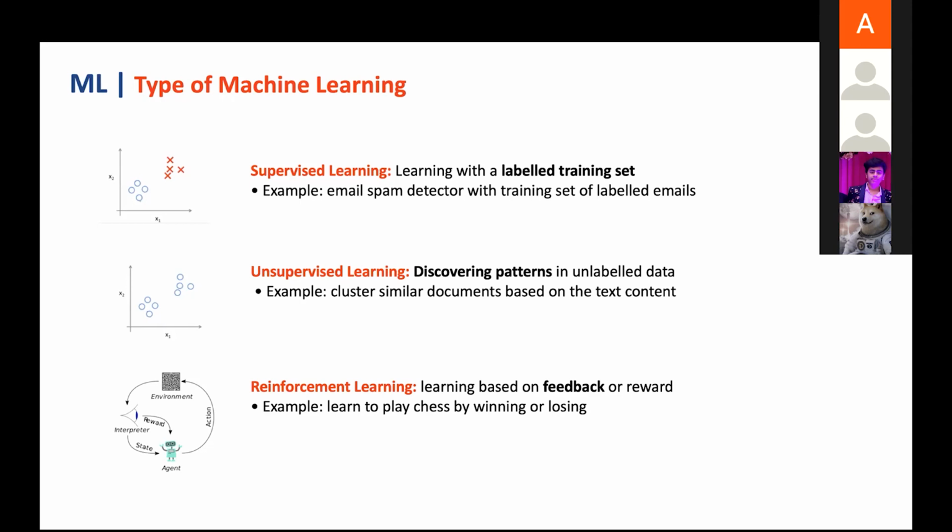From these mistakes, you put in feedback, and next time when someone comes, you'll see a better result. So you will not make the same mistake again and again. Like when you are playing chess, how do you learn from your winning and losing, from your experience? So this is reinforcement learning. This is the feedback mechanism.